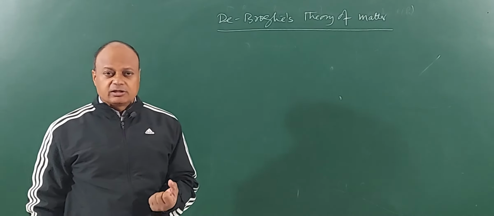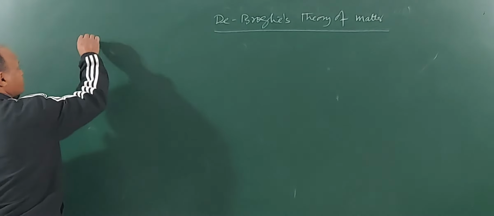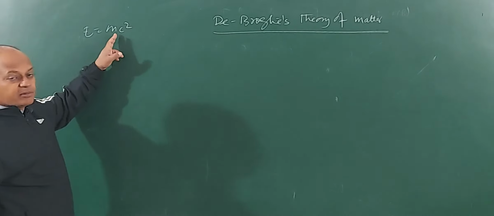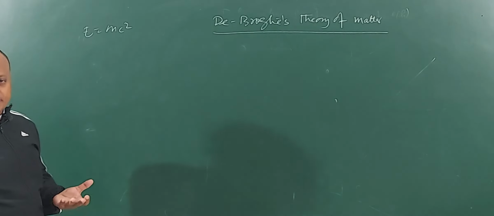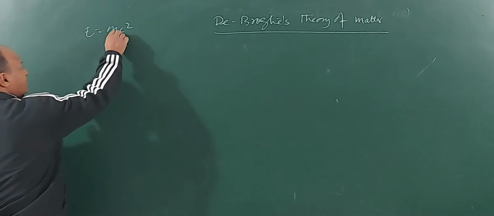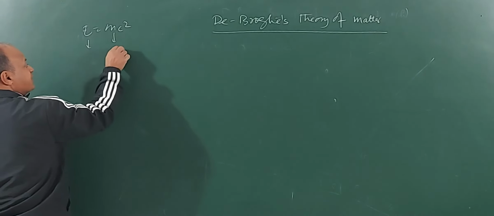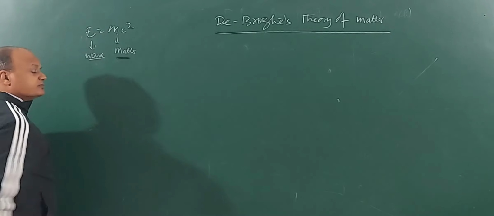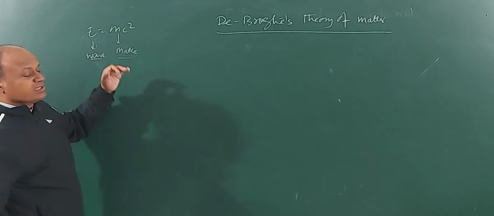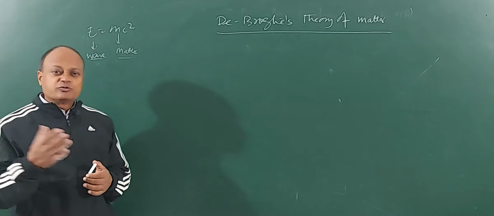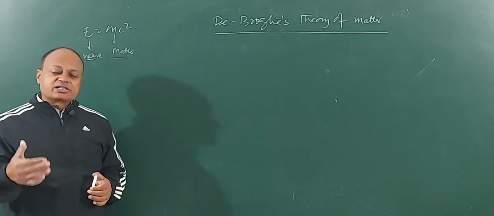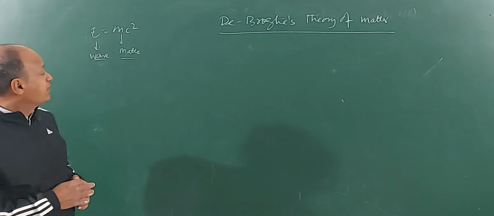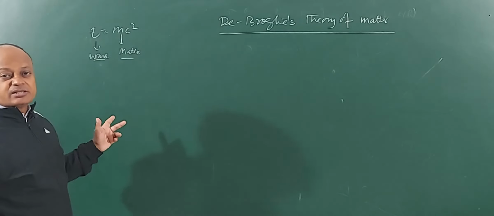According to Einstein's equation of mass and energy equivalence, we know that E is equal to mc square. M is mass. Mass shows which property? Matter property. And then energy is what? Wave property. So in this equation we see there is a clear symmetry between the two forms. Earlier we discussed that radiations actually act as matter. But it can be the other way around also, because this result is showing there is a symmetry between mass and energy.